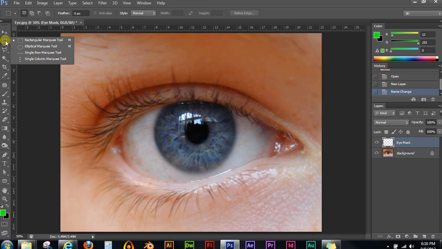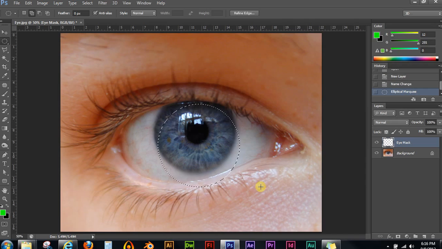Now what we're going to do is select the elliptical marquee tool, and I am going to cast a selection around the blue part of the eye here. I'm going to click and drag and hold the shift key, and that is going to allow me to drag out a perfect circle, and I'm going to try and get it about as big as the blue part of the eye is,